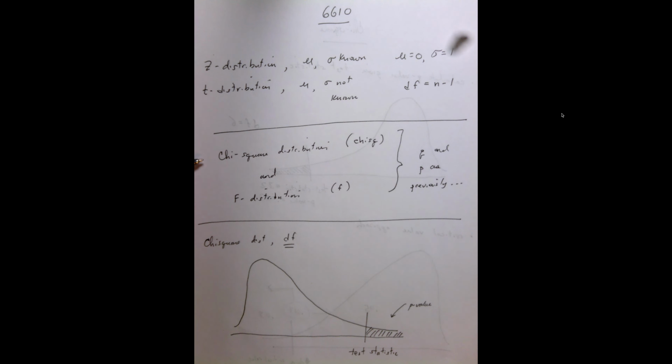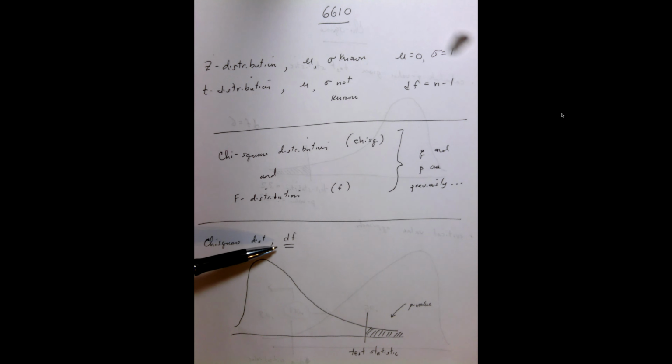There are two other sampling distributions that we run into, and I really struggle in teaching 6610, 6620 when to introduce this. But because I want you to think of these as a sampling distribution from which we calculate p-values and from which we calculate critical values and compare test statistics to, I want to present the introduction to this material closely after introducing this, and in the context of sampling distributions and the central limit theorem. So the first one, the chi-square distribution,